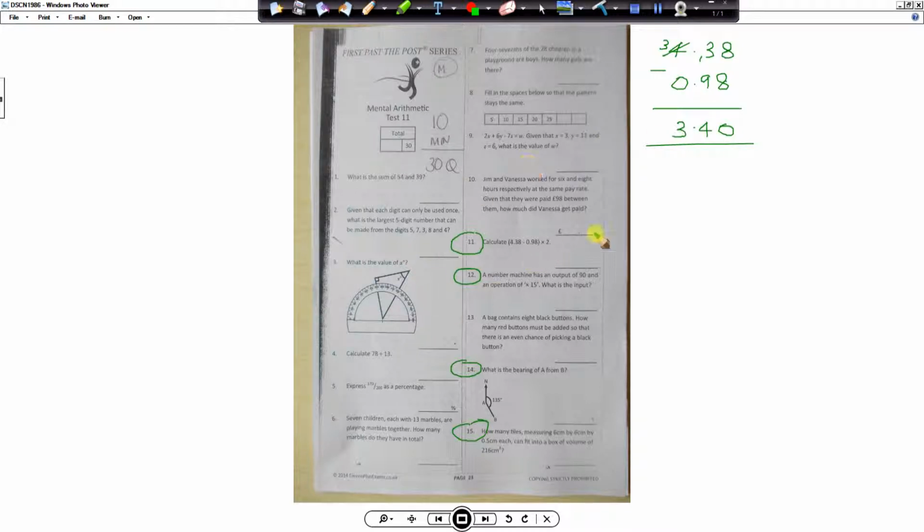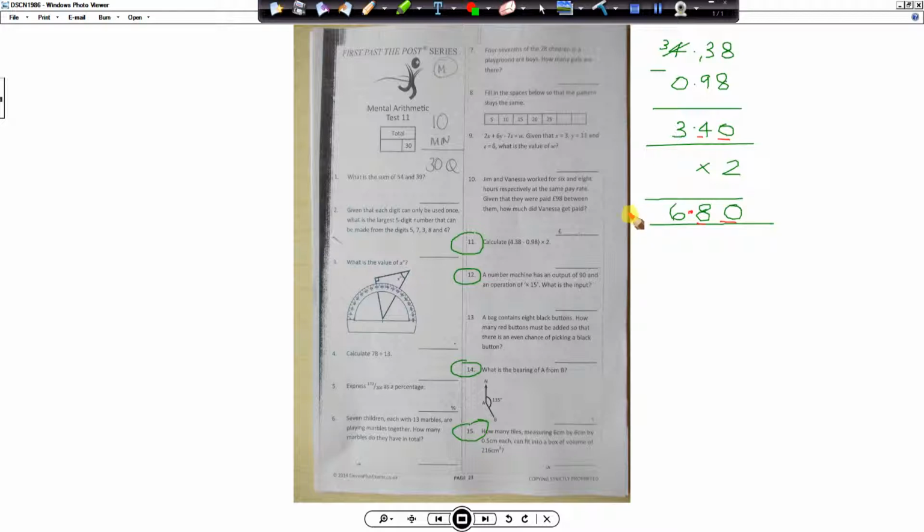The next part of the calculation says multiply by 2. I'm just going to carry on at the bottom over here. So this is number 11. So 0 times by 2 is 0, 4 times by 2 is 8, and 3 times by 2 is 6. Now, when you count the decimal places in the question, we don't just line them up. It might look like I'm lining up. We've got 2 decimal places, so we'll have 2 decimal places in the answer. So the answer should be